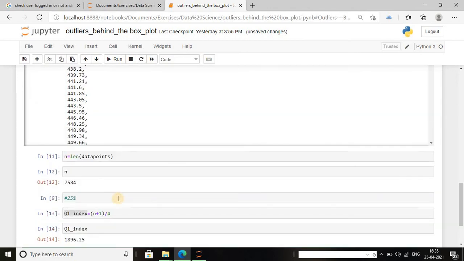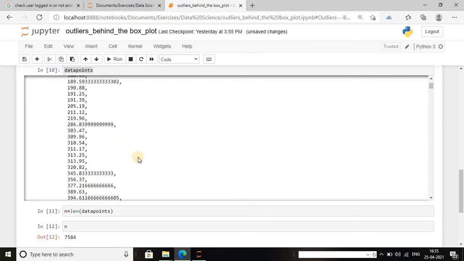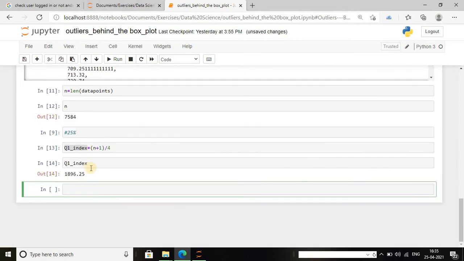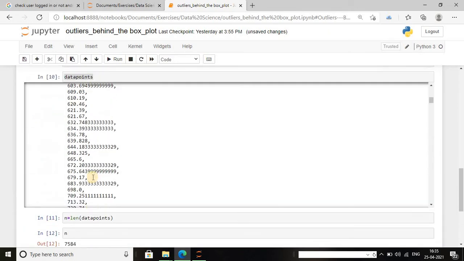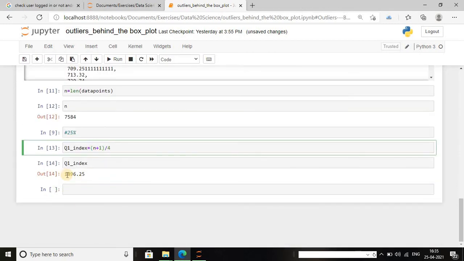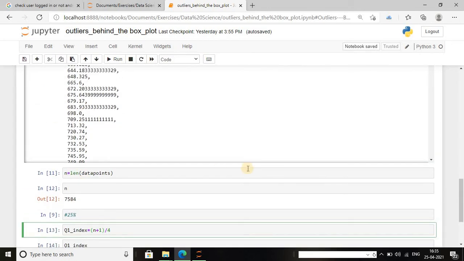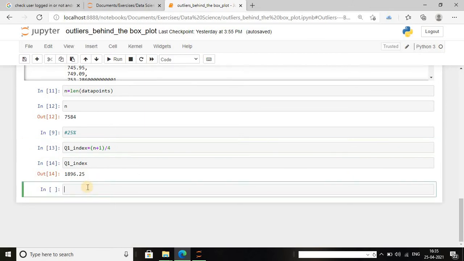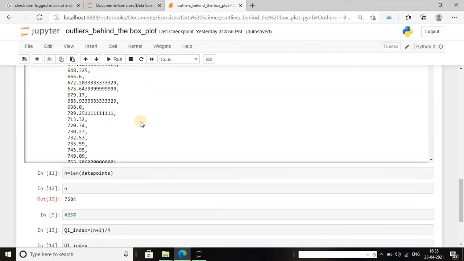So we have to take the value at position 1895, and that will be my 25% quartile. I have to take the 1895th value because the list index starts from zero.